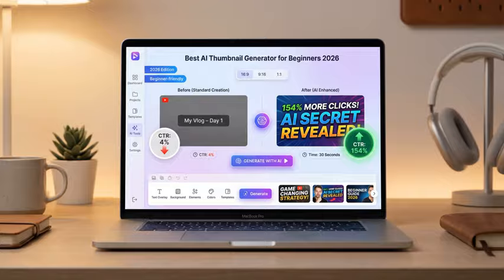Now, you might be wondering about the key features to look for in these tools. Always check for batch generation, A/B testing capabilities, and real-time performance scoring. Emotion recognition is a big plus too, helping you tap into what resonates with viewers. And don't forget about mobile legibility. With more viewers on their phones, your thumbnail needs to look good on smaller screens. So to wrap things up, if you're looking to enhance your